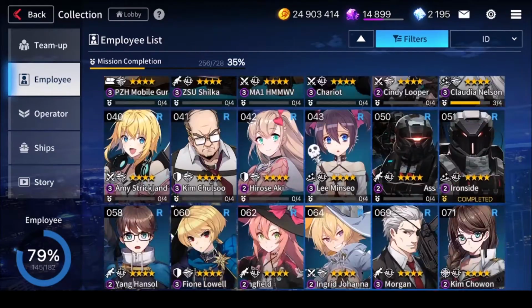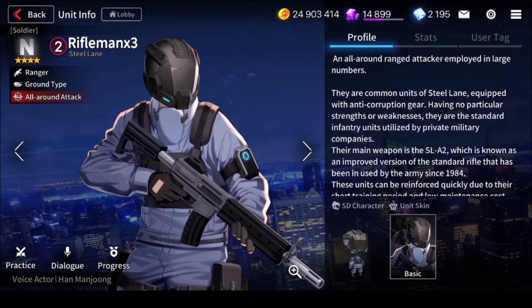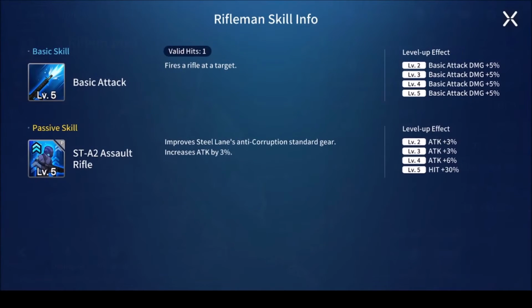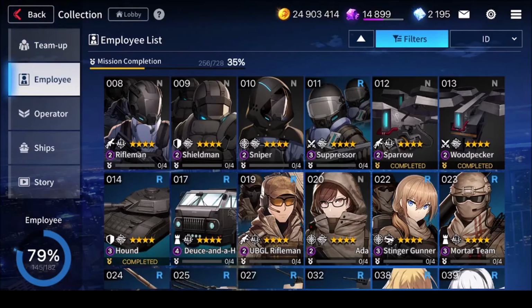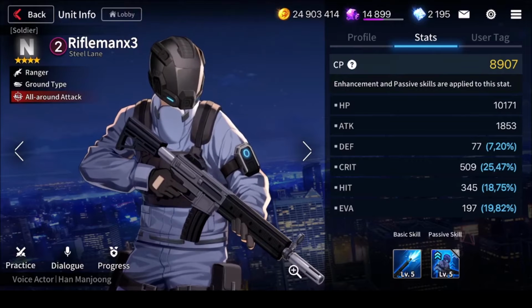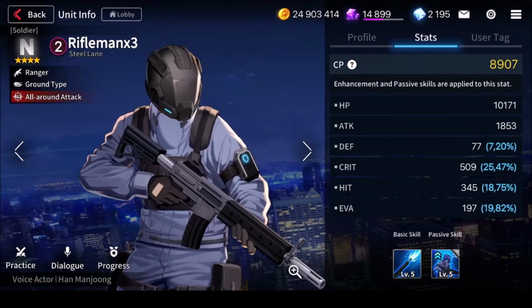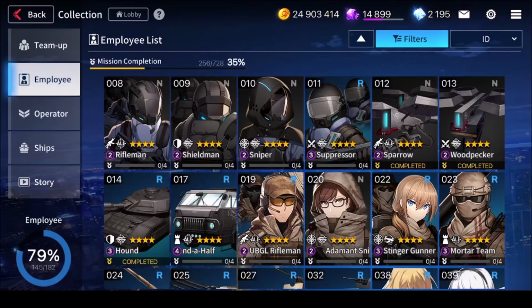There's only 2 I want to talk about mainly. Maybe, well, we can say 3, I guess. Riflemen are okay, but I wouldn't really use them. They are easy to build, so once your account is set, maybe level them up. It's quite easy since they are N units, they cost nothing, and you just use them for